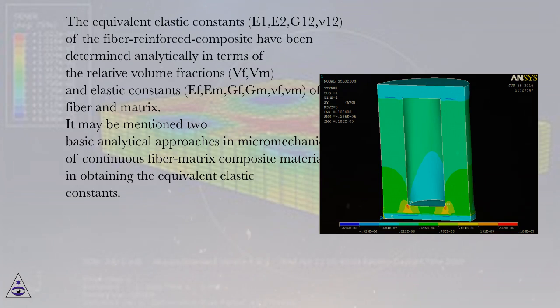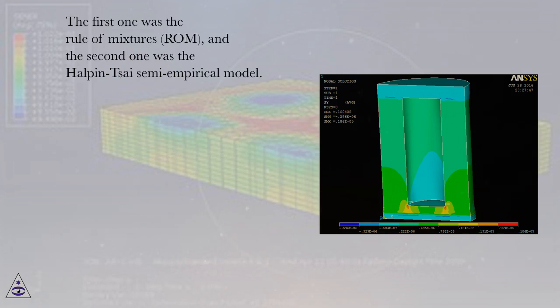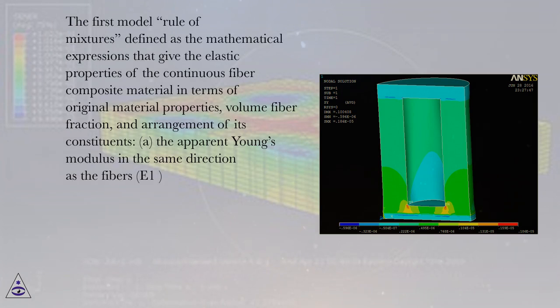It may be mentioned two basic analytical approaches in micromechanics of continuous fiber matrix composite materials in obtaining the equivalent elastic constants. The first one was the rule of mixtures, ROM, and the second one was the Halpern-Tsai semi-empirical model. The first model, rule of mixtures, defined as the mathematical expressions that give the elastic properties of the continuous fiber